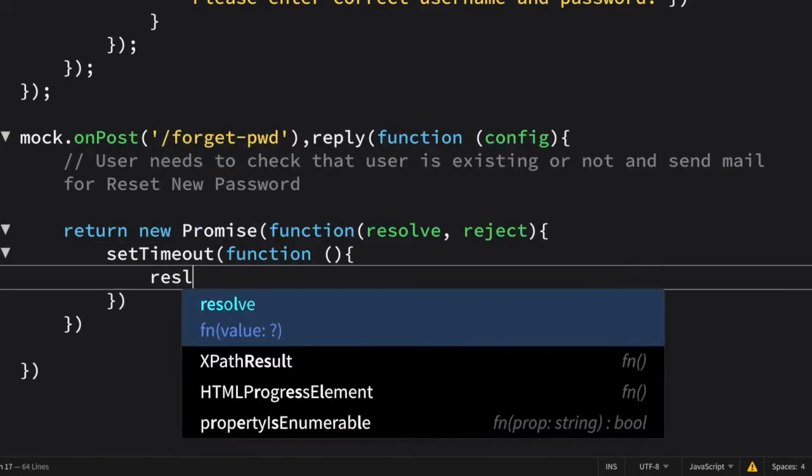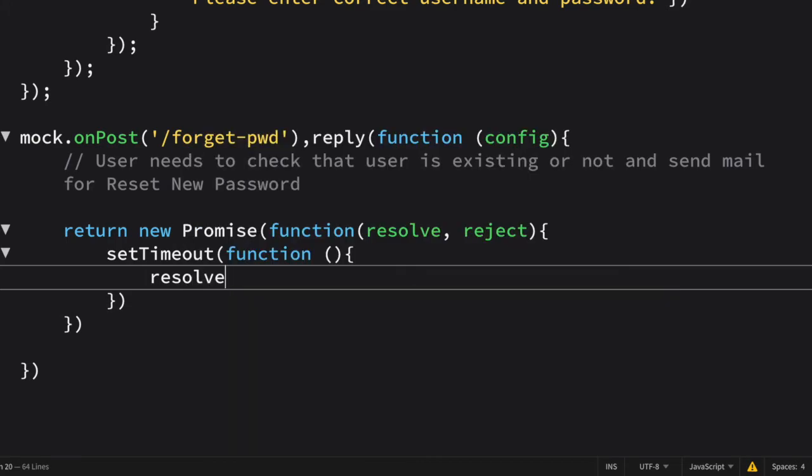So here only one thing can happen, resolve. If it fails, we will actually show this kind of message. So resolve, and here I am going to write this. If it is resolved, then this code will be returned, which stands for success.